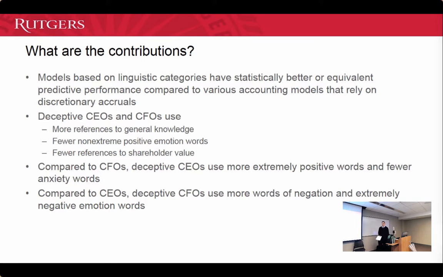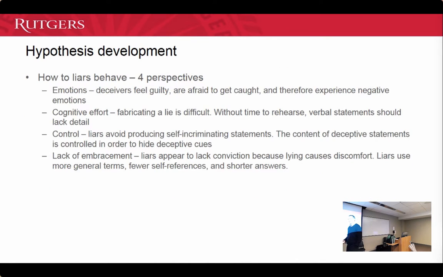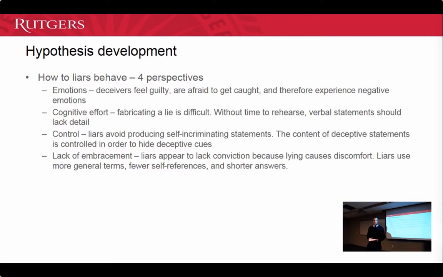When you're trying to do a study like this, where you're relying on all these different dictionaries, and most of them come from this psychosocial dictionary called LIWC, Luke, it's called, you have to come up with reasons why you think that a liar or a truth teller will talk a certain way. So why would there be a difference between a truth teller and deceiver in how they talk? Why would we expect there to be any difference at all?